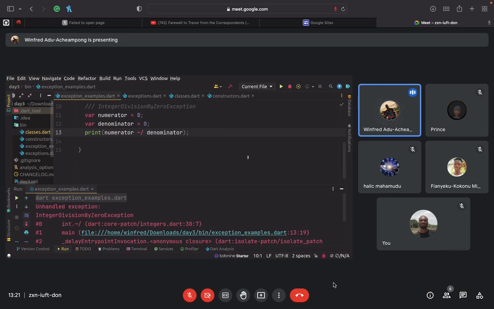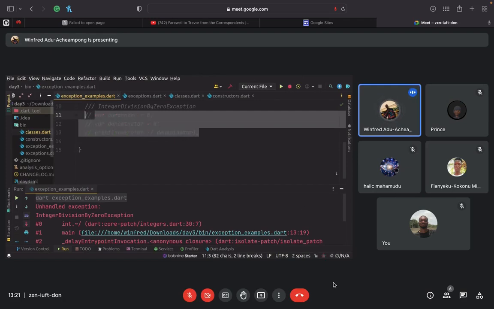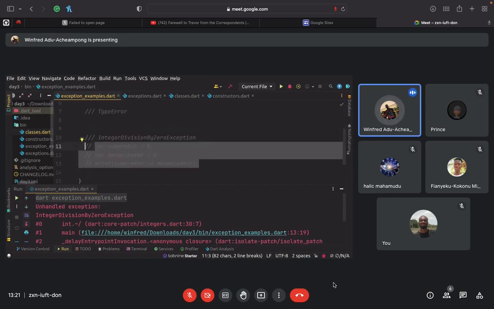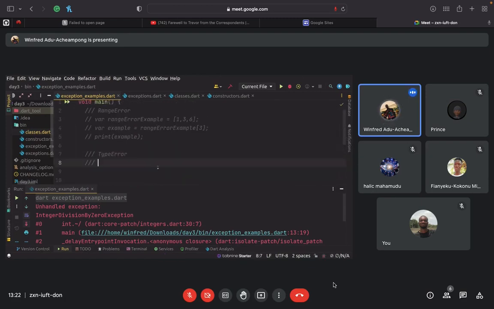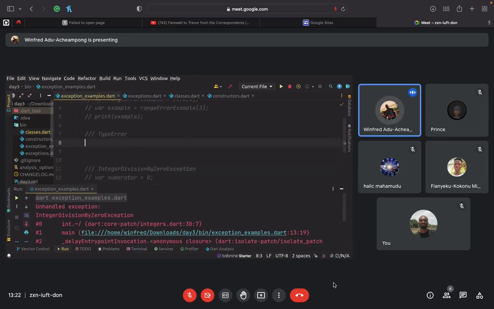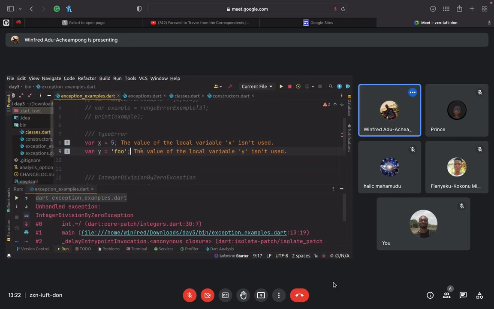With a type error, let me comment this one out. The type error mostly comes when you are trying to perform an operation on a type that doesn't support that operation that you are trying to perform. For instance, you are trying to add two numbers. We all know we can only add numbers. You can't add strings unless maybe you are doing string concatenation. But you can't add a string and a number. So those are two different types. So when you try to add, and let's say you try to print out